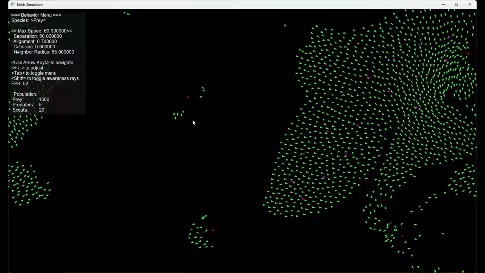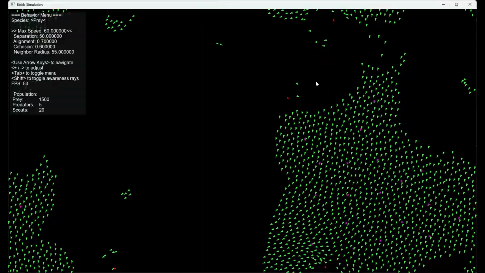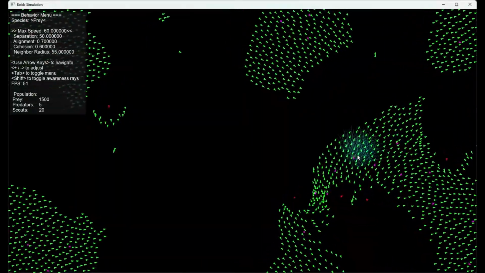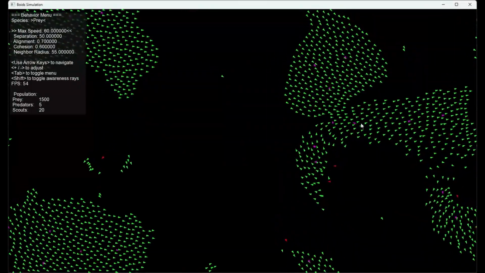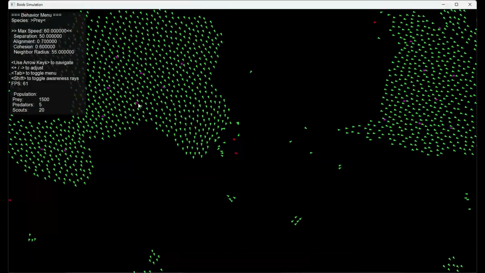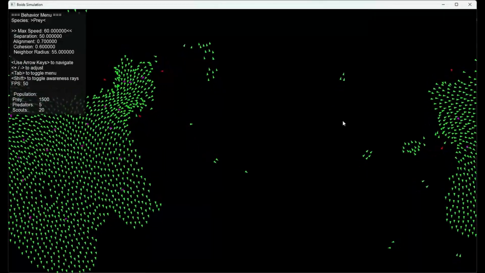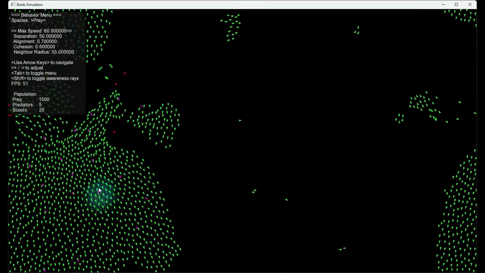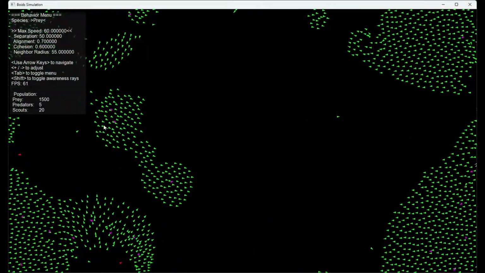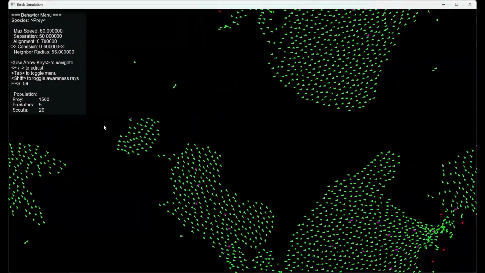They actually have a full 360-degree awareness, but just for illustration to save on rendering, because even just this amount of rendering, as you can see, we're getting about 50 frames per second right now. And if I turn off the awareness, we get an extra 10 frames per second. So that's kind of an expensive task, just drawing these lines when we have this whole simulation going. But the awareness rays are toggleable, and the menu is also toggleable. And all of the values are changeable for predator, prey,